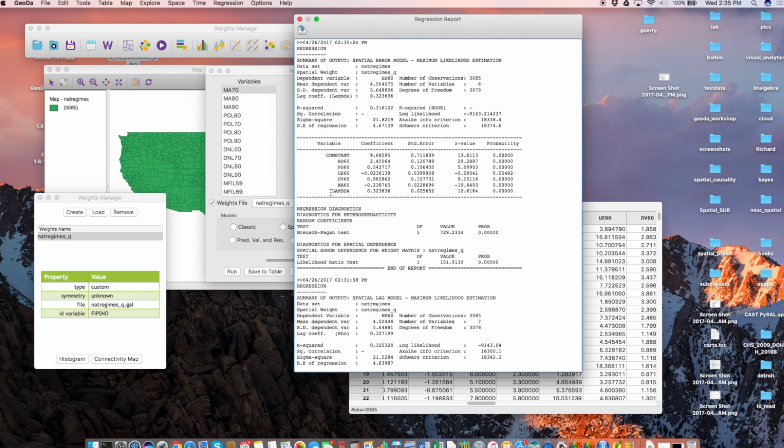And here the only thing that changes is that we get this lambda estimate with a standard error, and everything is highly significant. As I mentioned in the example in the slides, the log likelihood is negative, the AIC is positive. If we put them next to each other, we see